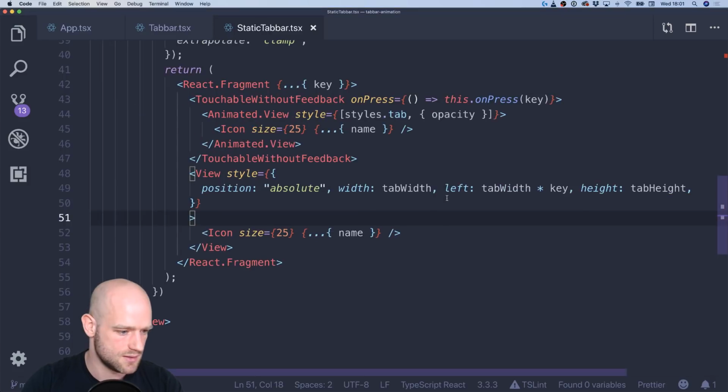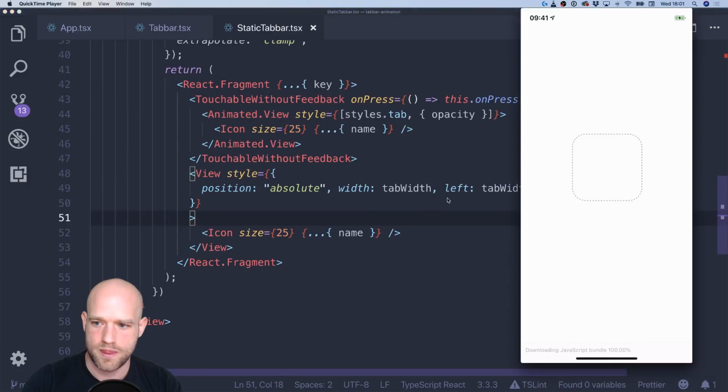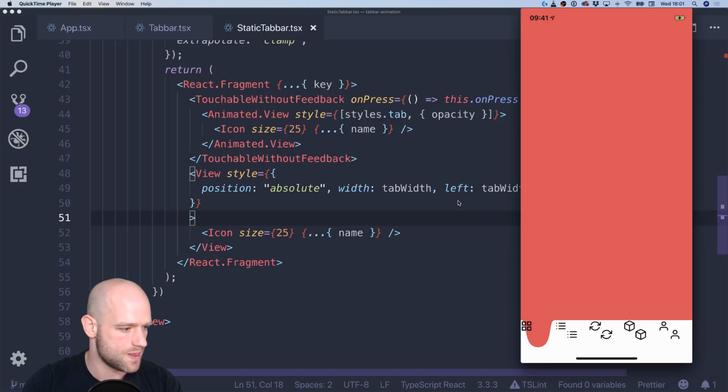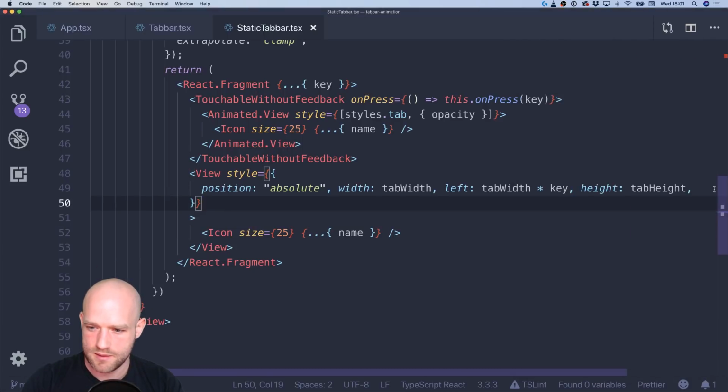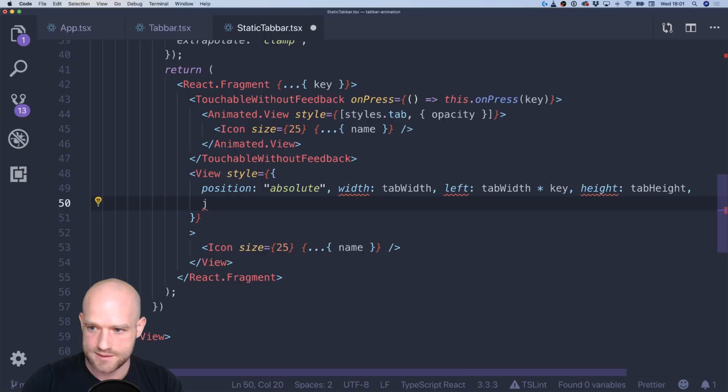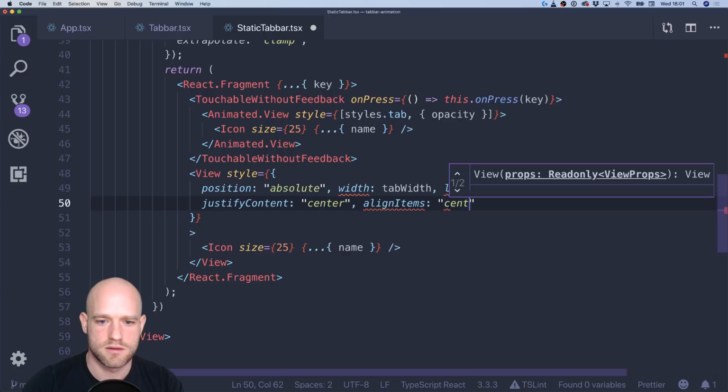Okay. Yes, and now we need to do maybe some centering. Justify content center, align items center,